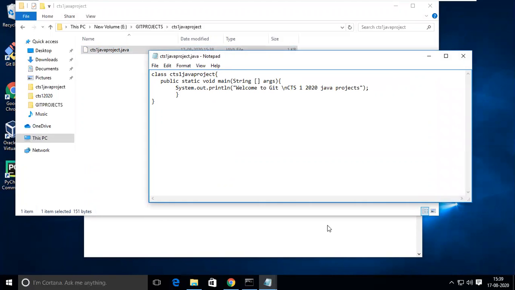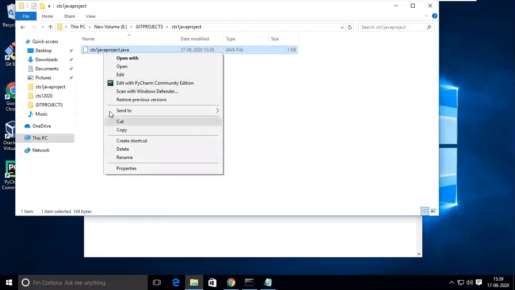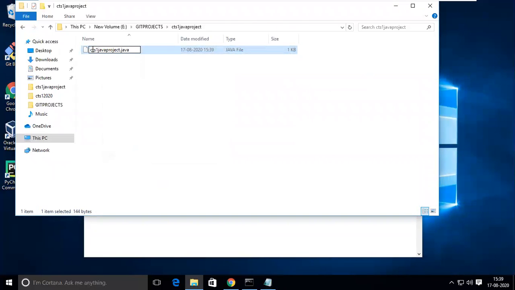Someone is sending a message. Actually, yeah, upper case, capital C. Again, you have to rename this.